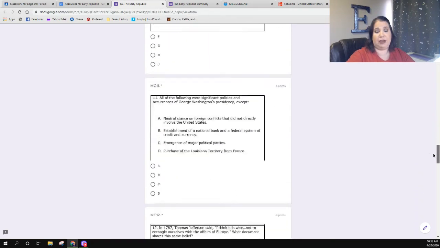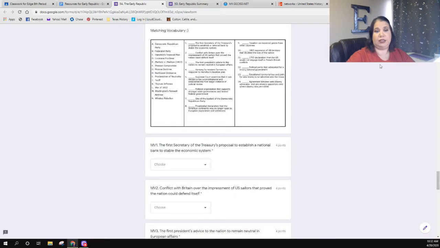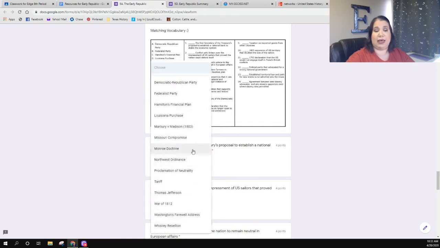The vocabulary, I put the full image of the vocabulary right here. Then down here, I have the question again in the exact same order, and I did the drop down box for the answers. The reason I did the drop down box is because last week I told you,